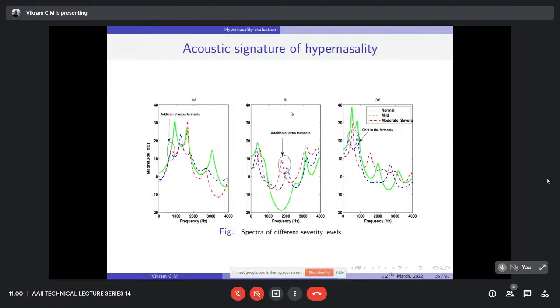For example, this is the sound E. In the healthy production, we can't see any intermediate peak between 1000 to 2000 hertz. We can see a clear valley in case of healthy speech. Whereas for the mild, moderate and severe cases, we get a peak in the range of 1000 to 2000 instead of the deep valley. So like this, we can have some additional peaks here and there and the presence of some valleys in the speech signal. These clearly indicate that using the speech spectrum, we can easily capture the presence of abnormality in the speech signal.